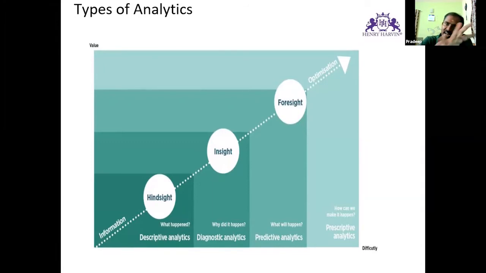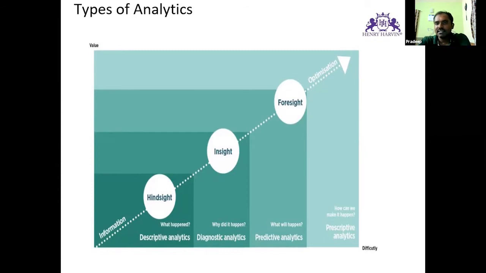There are different kinds of tools used for each. For example, in the case of descriptive analytics, you do more of a percentage analysis. You can do it with a simple calculator or a simple Excel. Diagnostic analytics, you can do with Excel. You can do a lot of statistical analysis with Excel. Excel is a very powerful tool. Have you heard about something called SPSS? It is developed by IBM, and a lot of diagnostic analytics can be done with SPSS.